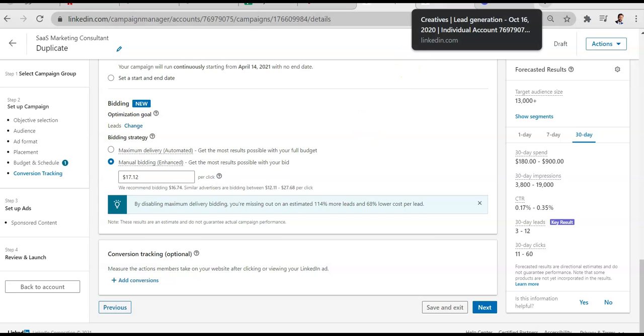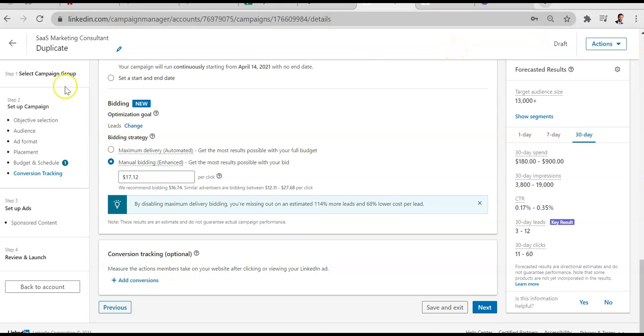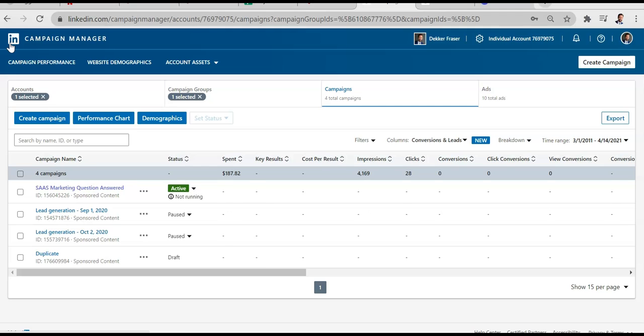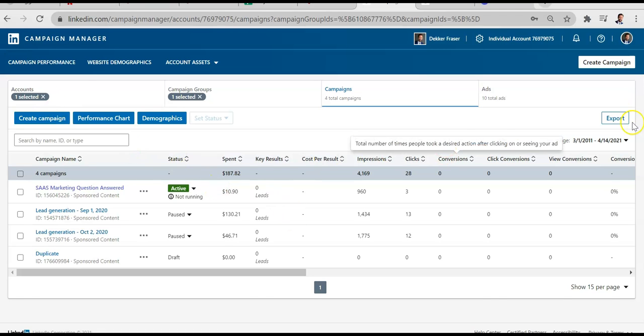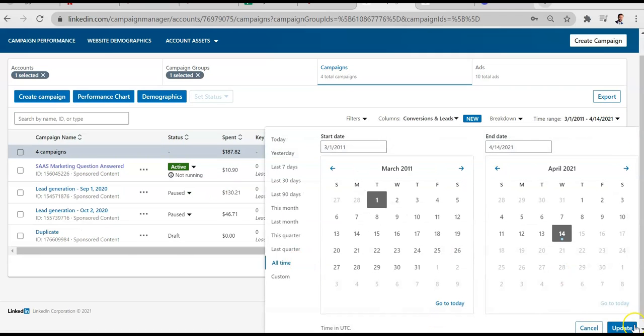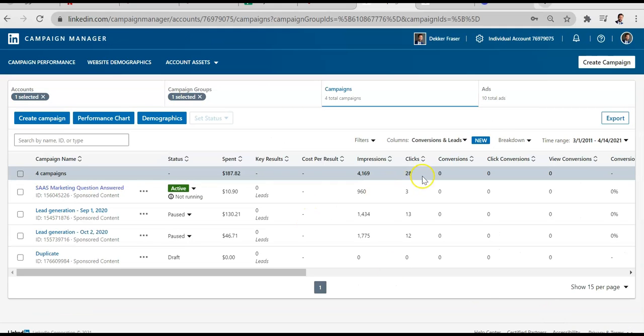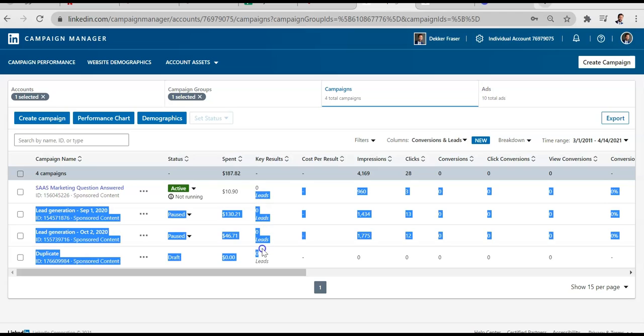So the audience is possibly the most important thing to test initially, and you're going to be able to see how many leads came in, the cost per lead coming in from one audience versus another, just by looking at the performance of the campaigns. So I can see here, for example, let's change this to all time. Okay, so in this particular campaign group, I actually see that there were no key results coming in, so no leads coming in.